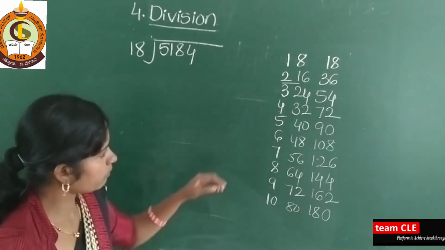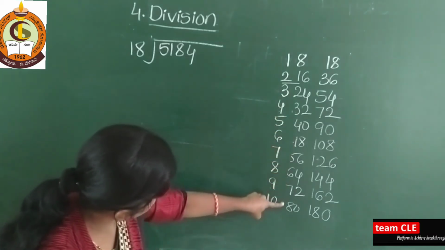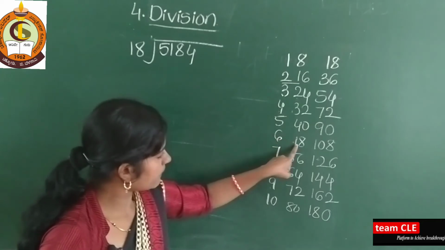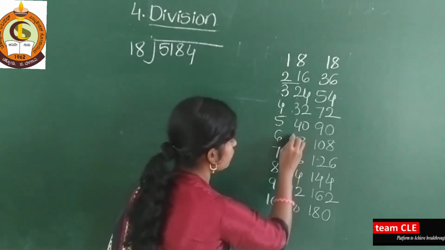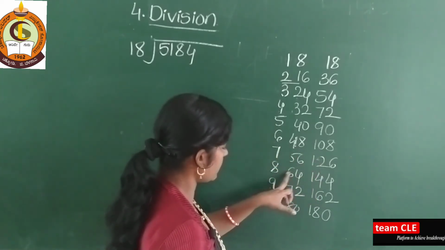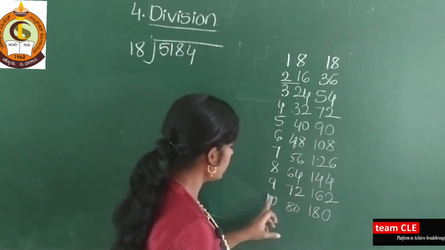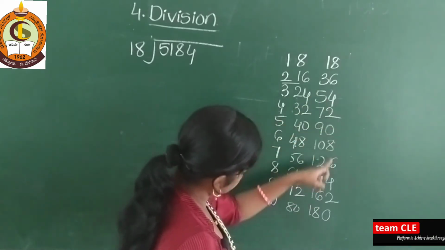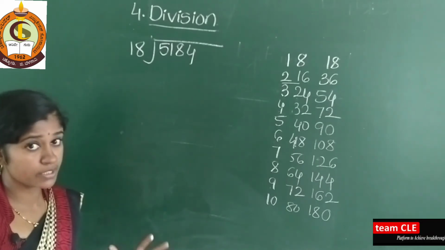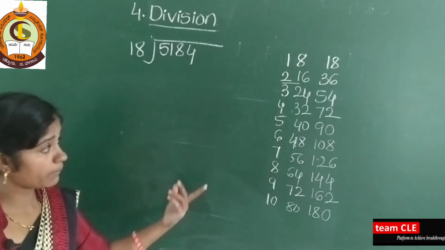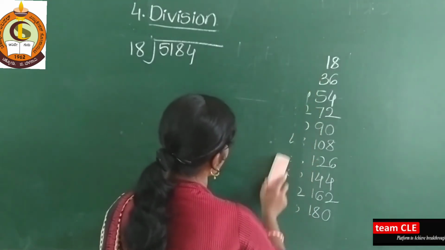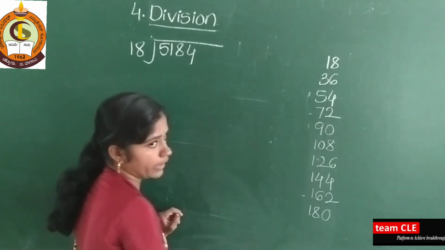I hope you are getting my point. Add these middle terms. Okay. 3 plus 2 is 5, 4 plus 3 is 7, 5 plus 4 is 9, 6 plus 4 is 10, 7 plus 5 is 12, 8 plus 6 is 14, 9 plus 7 is 16, 10 plus 8 is 18 and the remaining digits you keep as it is. Okay, if you know tables it's good, best. If you don't know tables then you follow this method. Okay, so to use this trick you at least need to know the 2 to 10 tables.